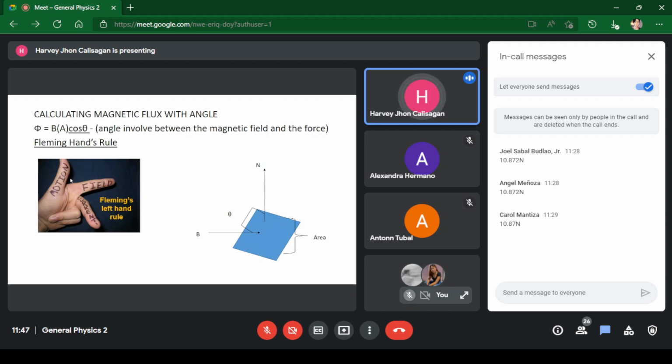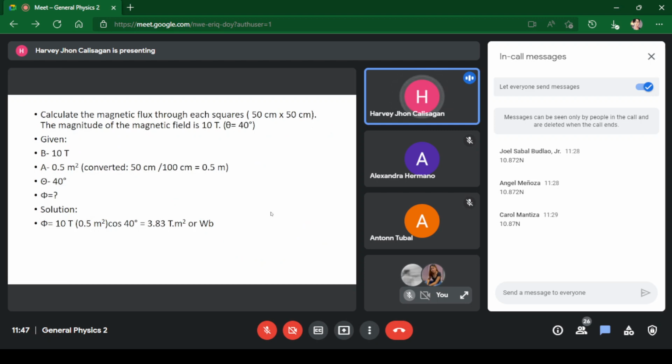Let's say that since the magnetic flux is inside already on the object, then the flow, for example, of the direction of the current can either be on a different direction as well. It can be going out to the other side, it can be down, left down, right down, left up or right up. But for a better understanding of the concept of magnetic flux involving the angle,